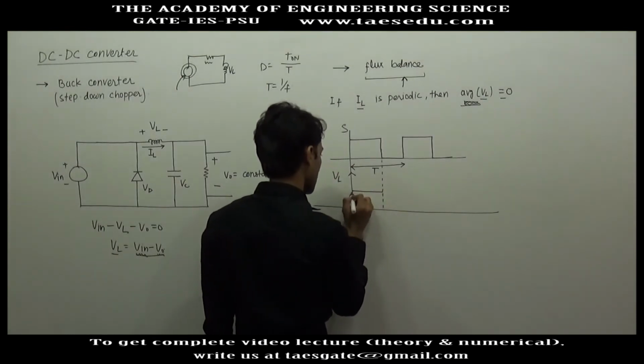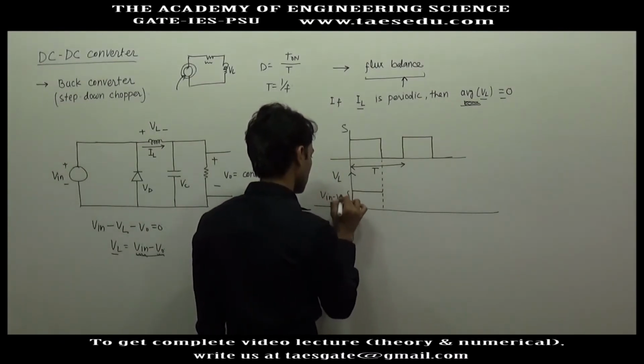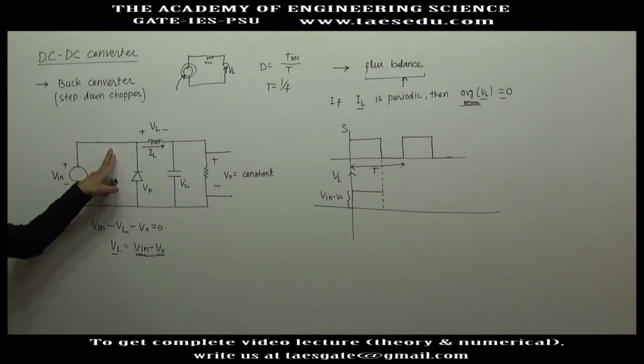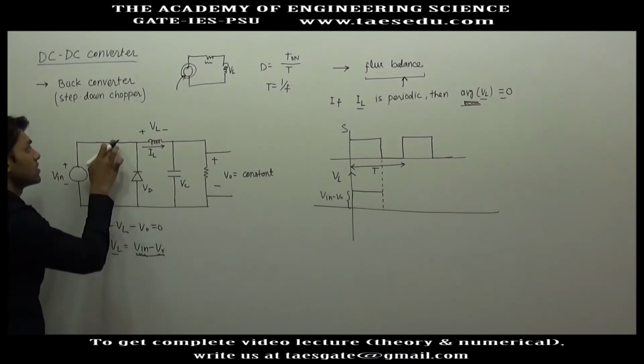Let's say this height is V input minus V output. So as long as this switch is connected here, the switch is on, you will get inductor voltage as input minus output. When this switch is off,